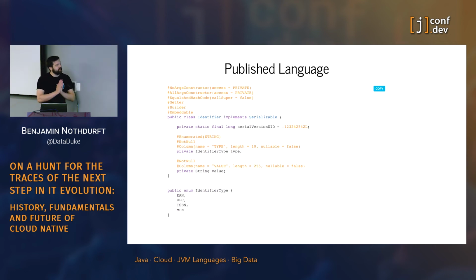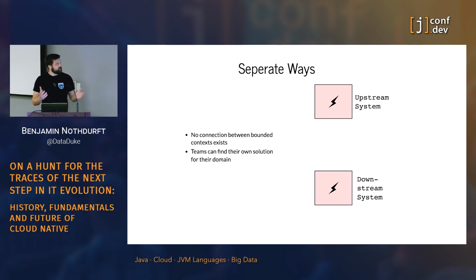The next thing that might be of importance is that a service can define and drive what terms are used in the ubiquitous language of your system, and we call this published language. So we can give out the identifiers that you want to use for commerce systems like IAN, UPC, ISBN, or similar things. 2 systems can also be totally not connected, and they just go separate ways.